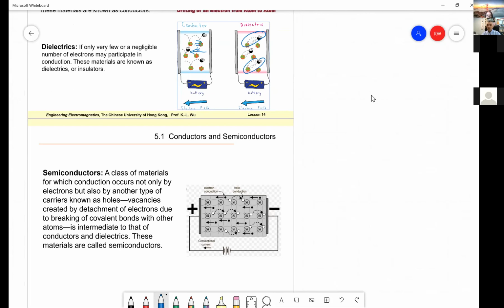The third type we call semiconductor, which means we have two types of carriers. One is electrons, one is holes. The holes we also call vacancies. Under a certain electrical field, those holes can break the bond with the nucleus and then move to